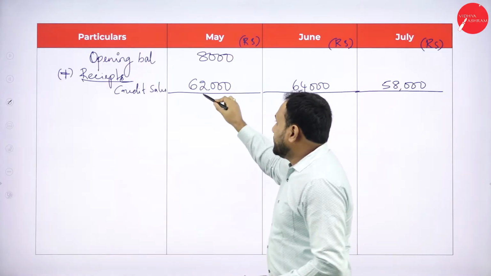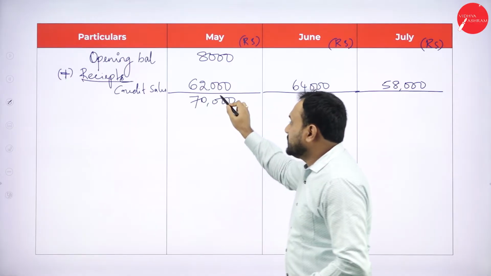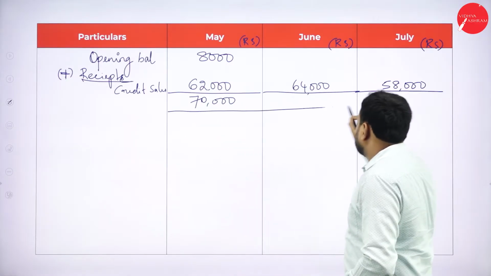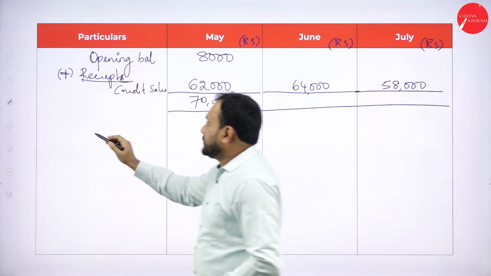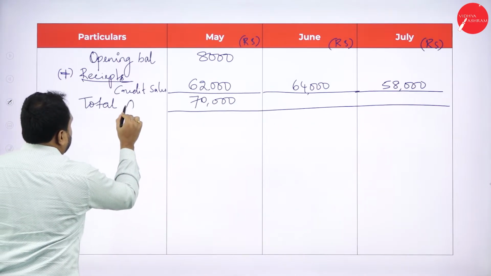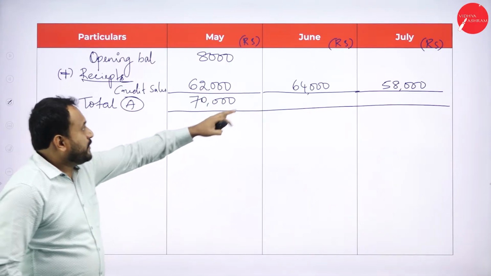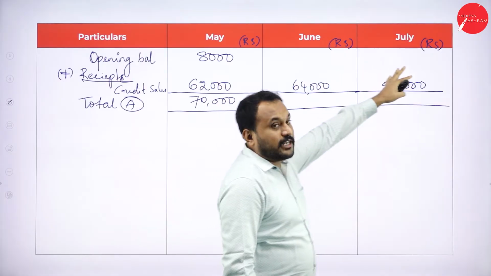Now 8,000 plus 62 is how much? 70,000. So we got 70,000. Now you need to actually calculate this and we should put something. What is that? That is total. Total of A. We got 70,000. Now we are not supposed to write anything here for June and July because we don't know